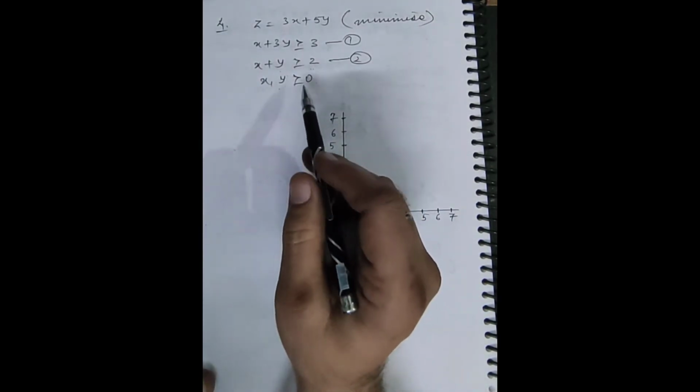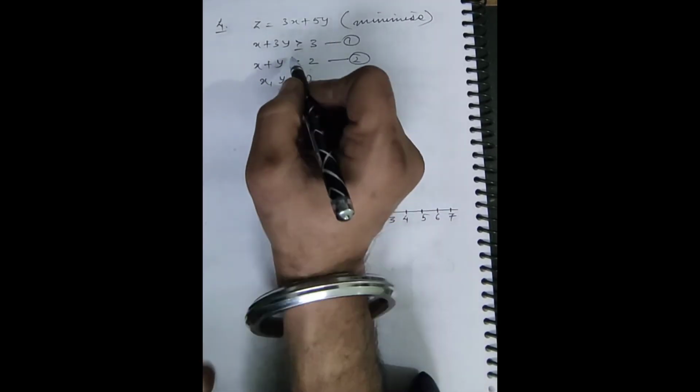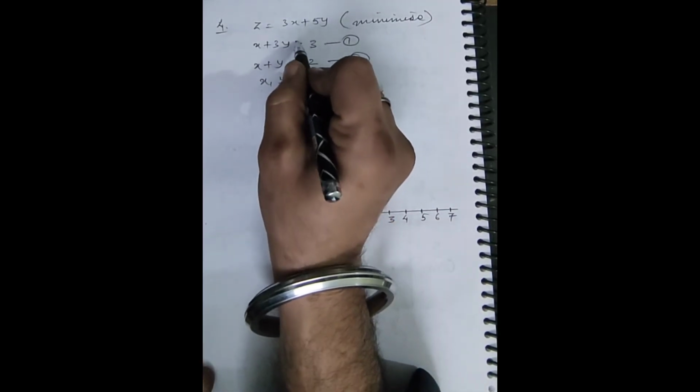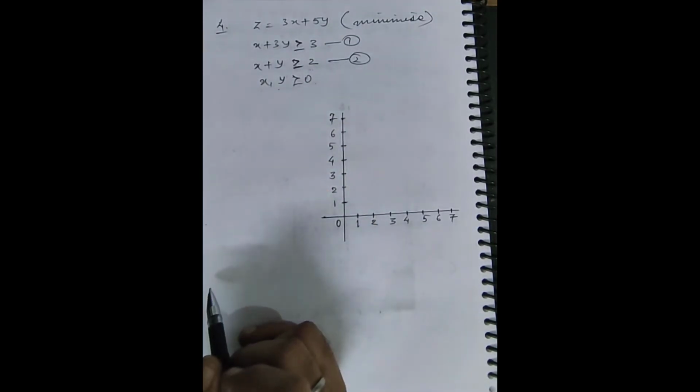Now, if you compare this equation with the previous ones, you can see these two inequations are given greater or equal to, both of them, and previously it was less or equal to. Yes, there is a change, but not always can we predict the answer verbally. That's why we will plot it properly.